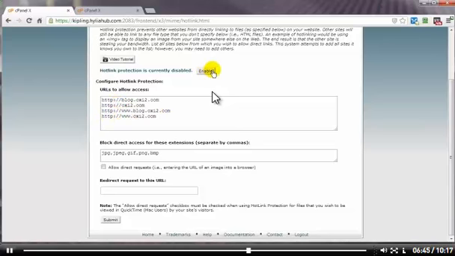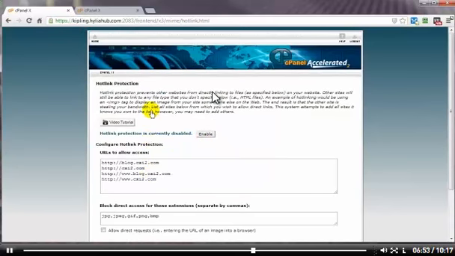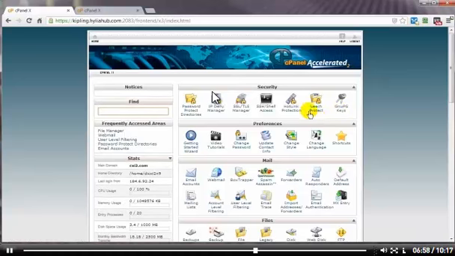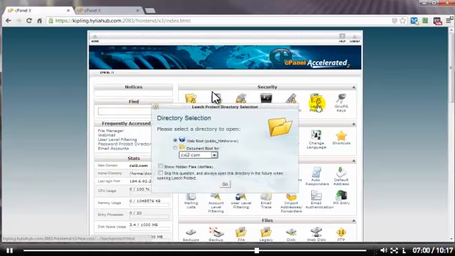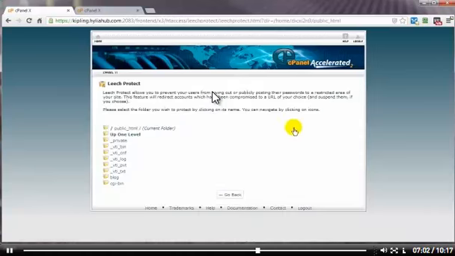Make sure that I've got enable checked, and then if I do make any changes here, click on submit, and also make sure I've clicked enable, and then that Hotlink Protection is activated. So that's Hotlink Protection. And under Leech Protection, this is pretty cool, especially if I've got like some outsourcers, people that I trust,